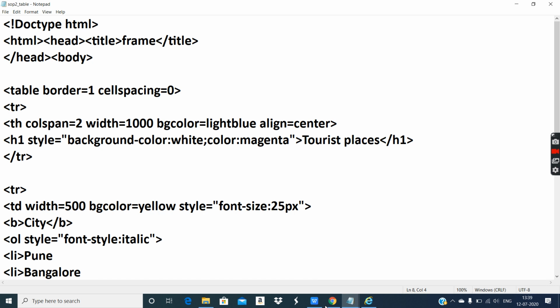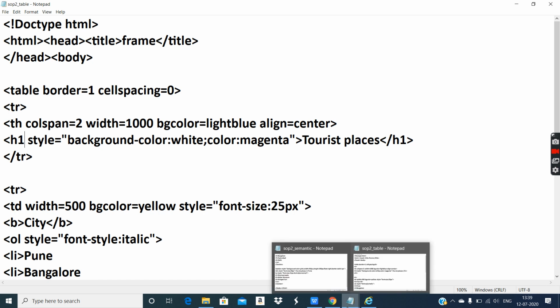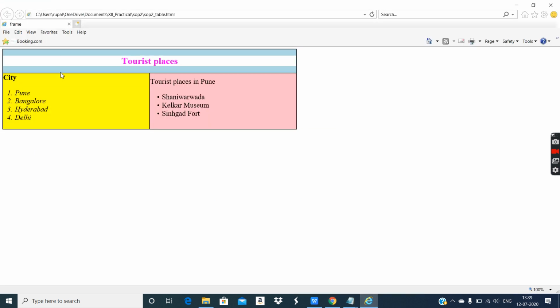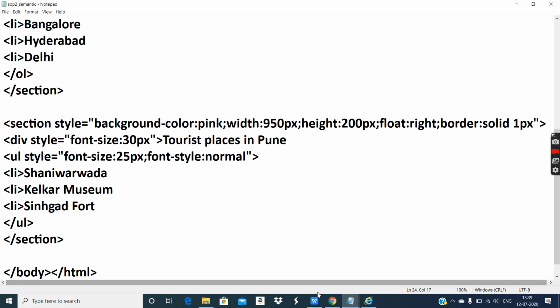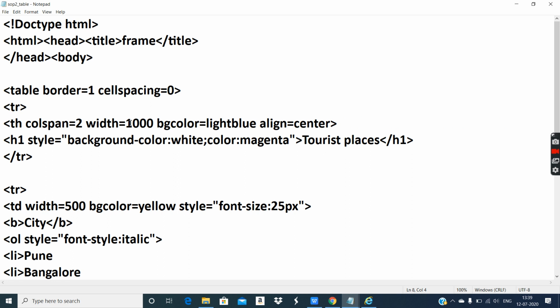Colspan, because one cell is occupying space of both the columns. So colspan is equal to 2. It is occupying space of two columns. Width, background, bgcolor, all these attributes are available in th tag.